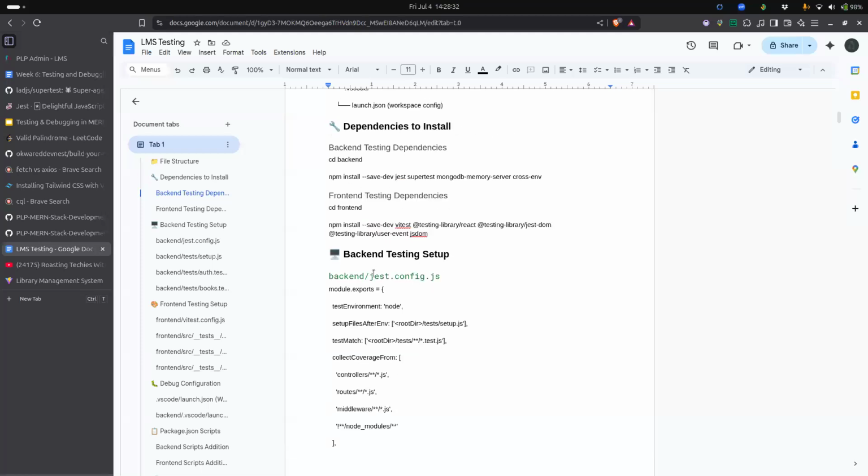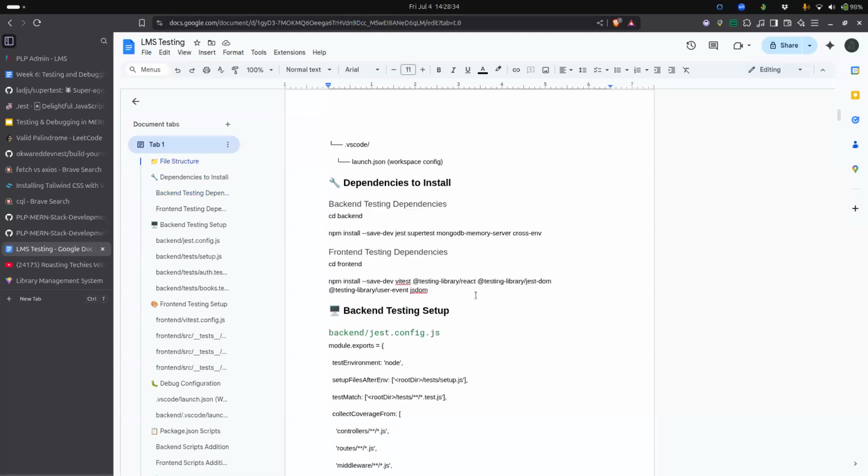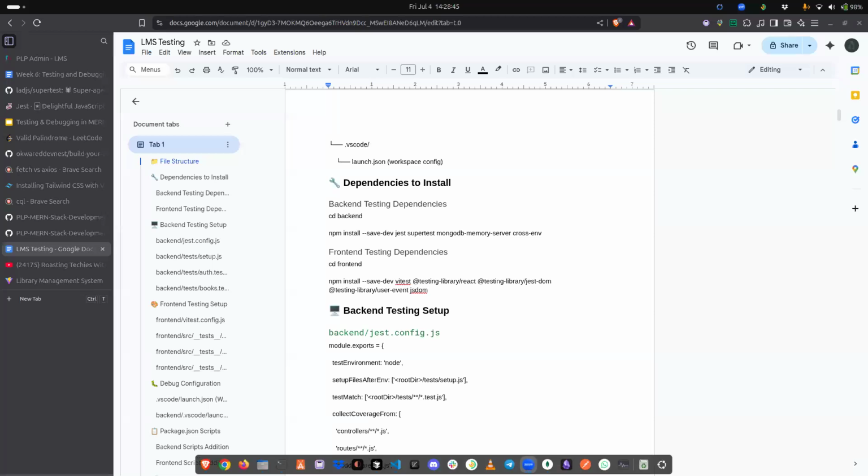I actually have the code here. We are going to be using all of this, except there are some dependencies that we're not going to be using because we are not dealing with TypeScript. If you are dealing with TypeScript, we'll be dealing with just